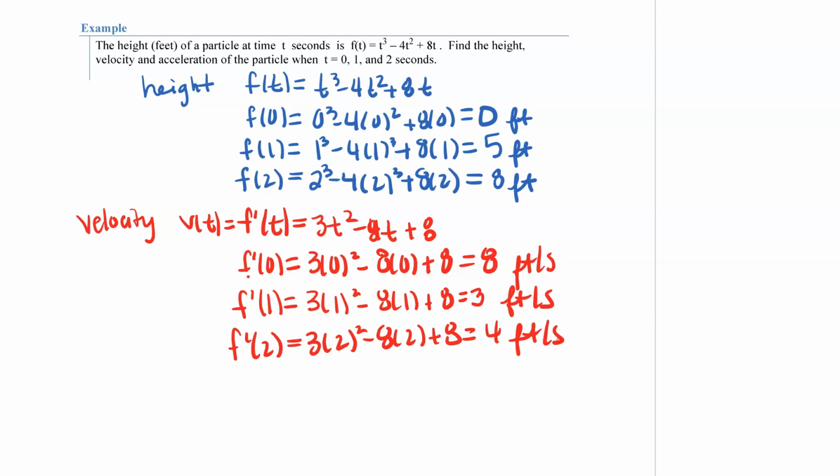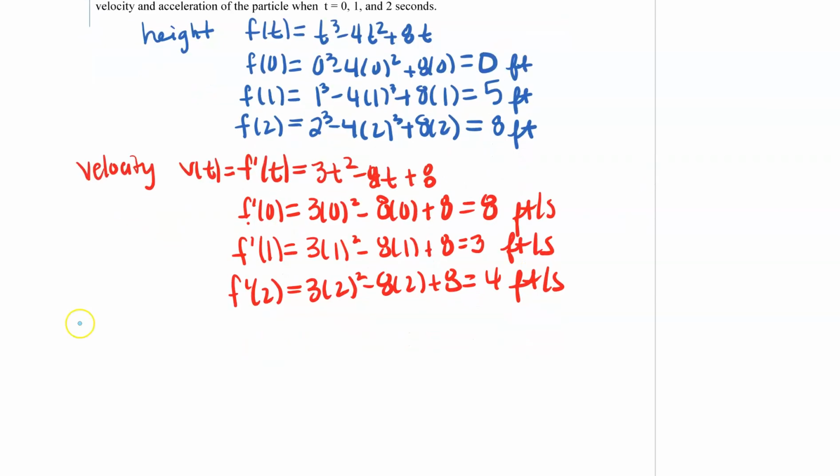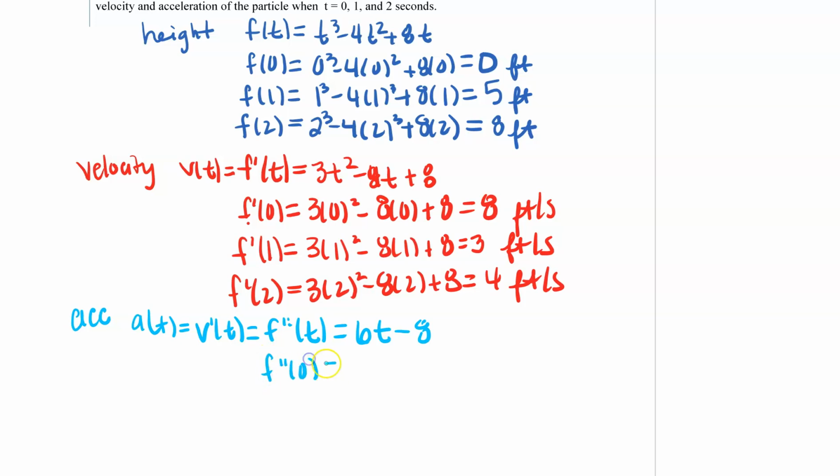So now that I have the height and the velocity, I need to move into acceleration. So acceleration, a of t, is equal to the velocity function derivative, or the second derivative of your height function. So I'm going to take the derivative of where I left off here. That would be 6t minus 8. And then again, I'm just going to plug in. What is the acceleration after 0 seconds? That's negative 8